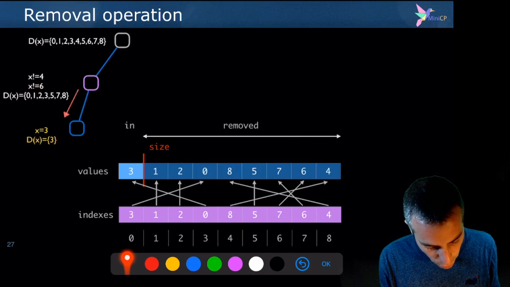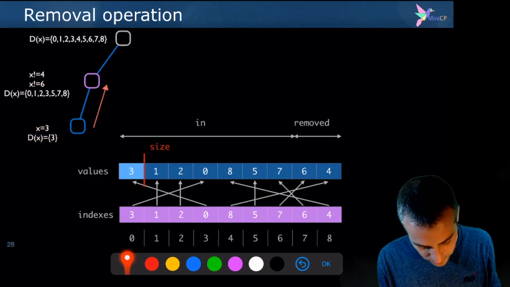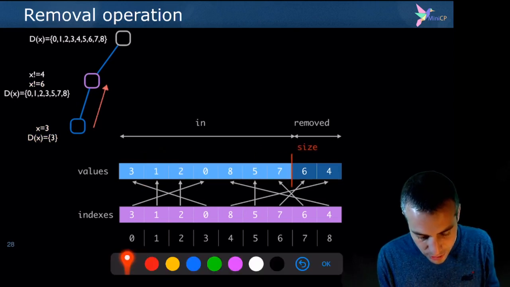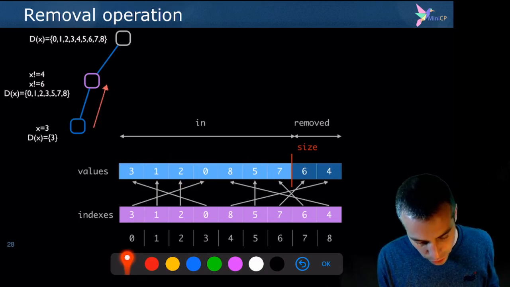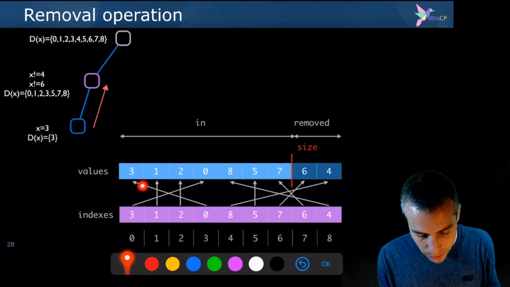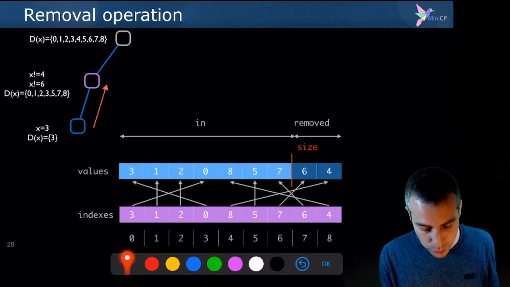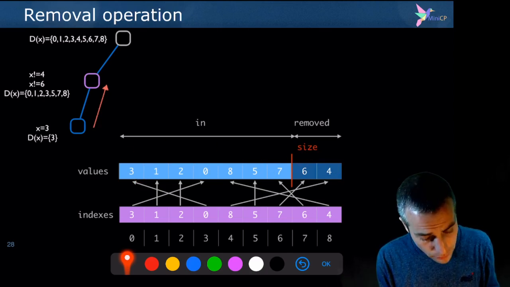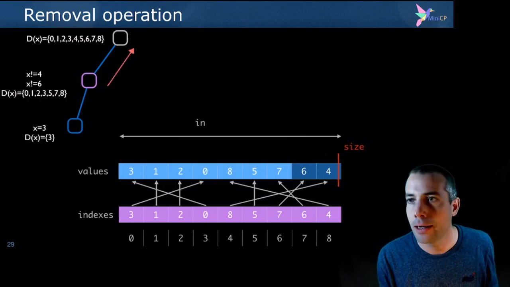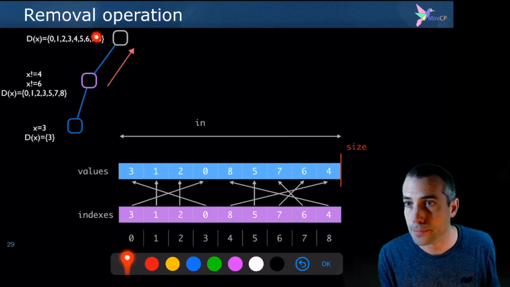And when you backtrack, all you need to do is restore the size. So if you restore the size as it was, like this, you see that magically all the values are back in the set. Okay? Although the pointers are not exactly the same, it doesn't matter. The properties that we use to consider whether a value is still in the set or not, even if the permutation is not exactly the same, it doesn't matter. All the values that are to the left of size are the same as they were before. And if you backtrack one more time, you will recover the values 4 and 6 as they were originally in this node.